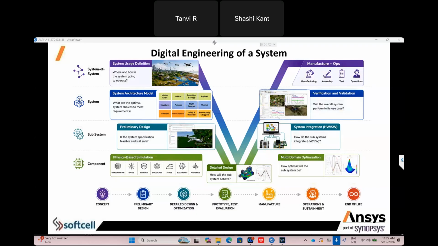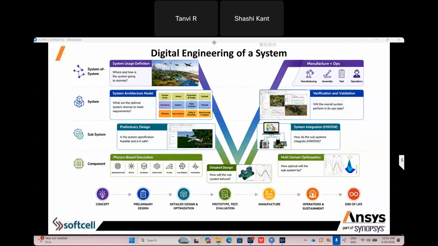Now go for the detailed design. As I told you, we can see multiple responses in takeoff, in landing, and while flying long distances. All of that can be captured in the detailed design. Then multi-domain optimization: you have developed an eVTOL, but it is asking for more battery power.